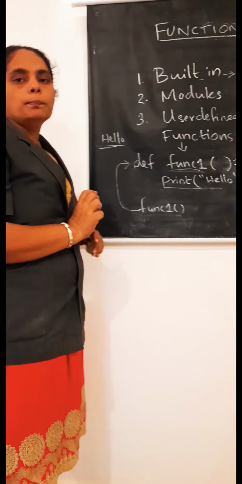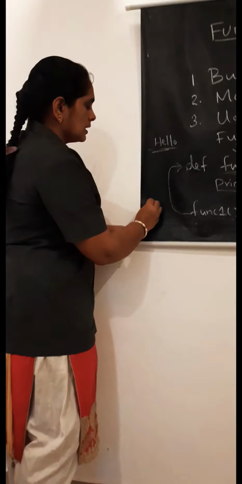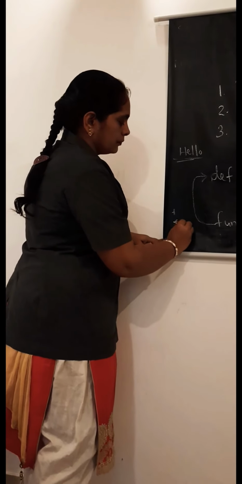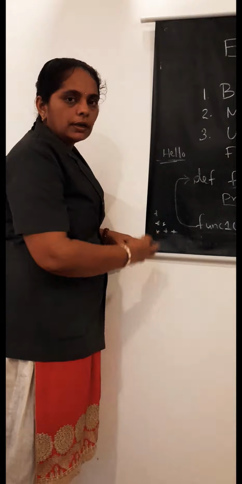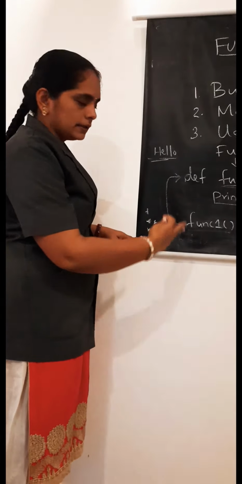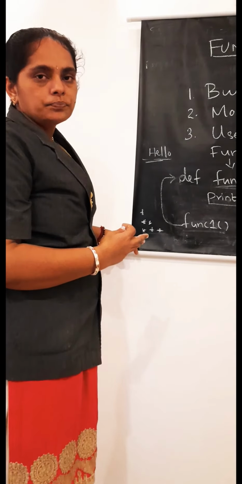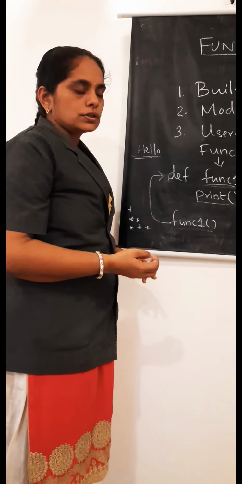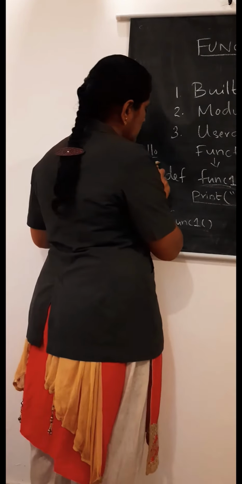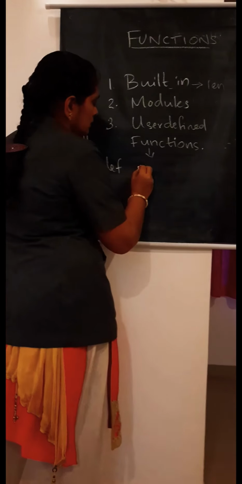Now I want to print like this. Star, star, star. This way I want to print. So I want to print a star. This is the format. You have to print the star pattern. So for that you have to write a function. So how to write a function? Sometimes if you want to change the function,